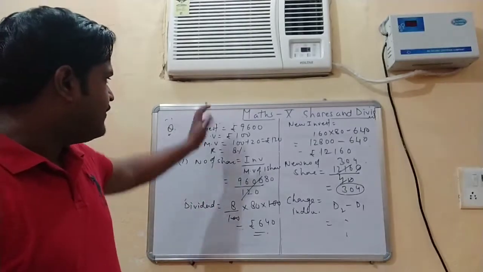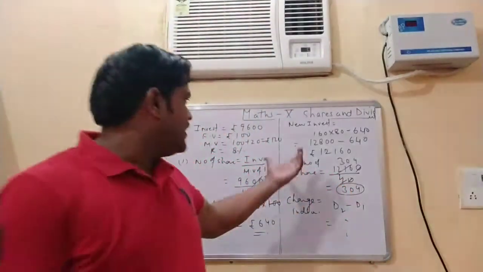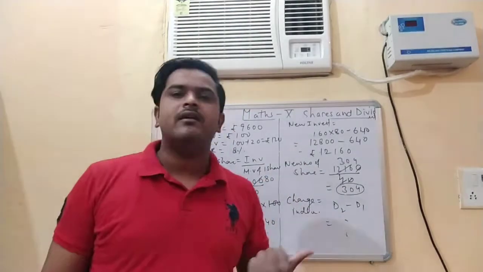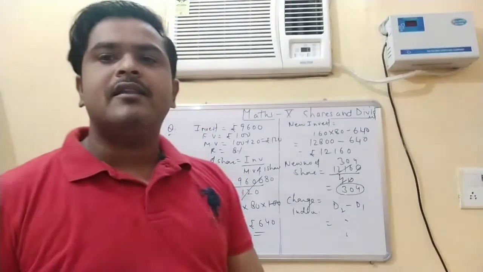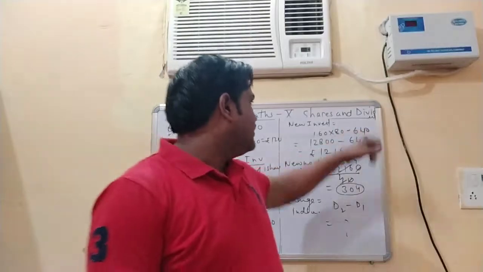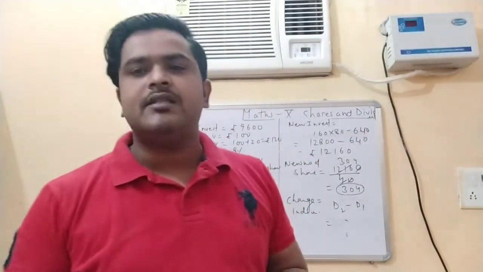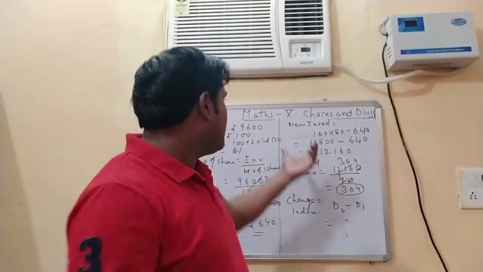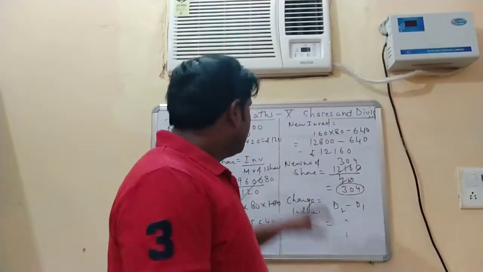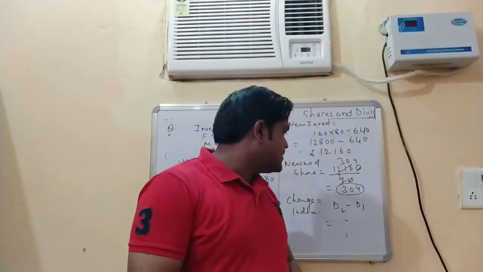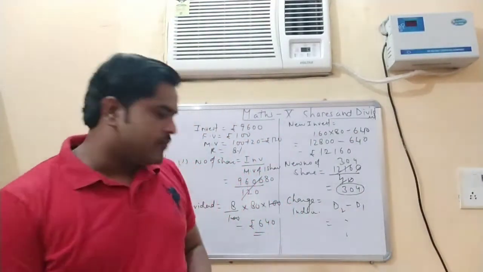So student, if a question is given like this, a sale proceeds question, what you have to do is calculate the original number of shares, then with the help of that calculate the dividend, and again a condition will be given to you, like here the price rises to 160. So from this 120, the new price is now 160. So we will calculate new shares from that. So this is how you have to solve this type of question.